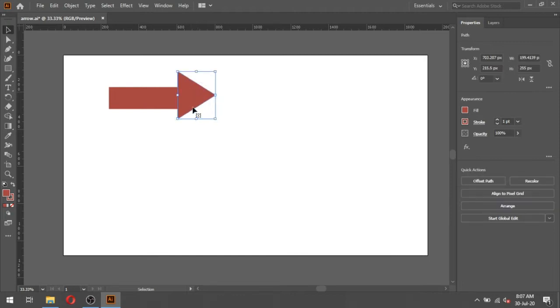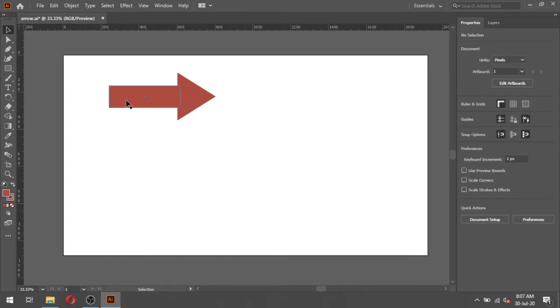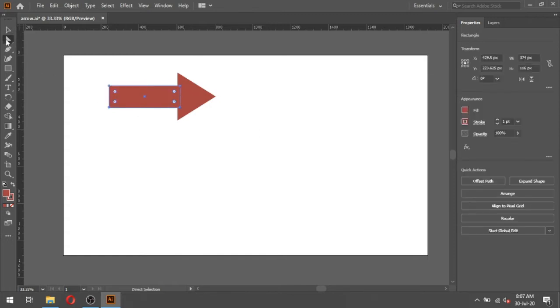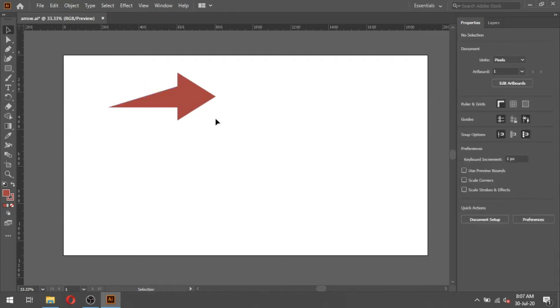Resize the shape. Select both and align it. Select only this point and delete it. Modify it.